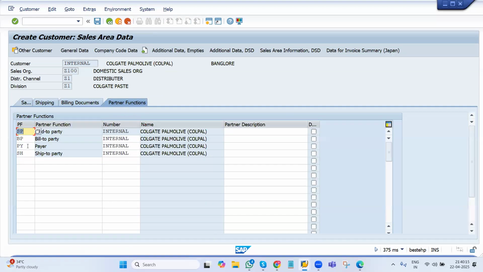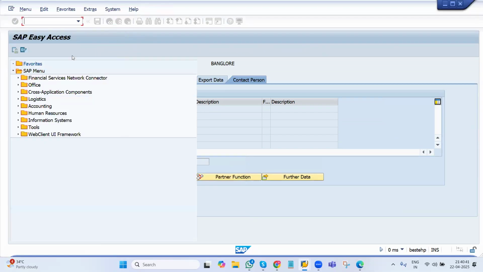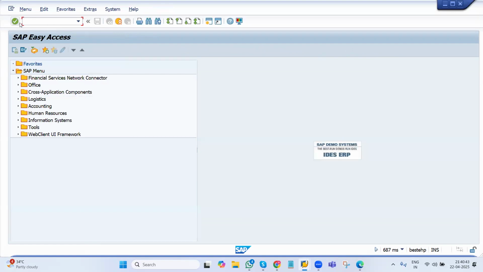Okay, so you can see the partner functions are copied. You can see the first one we can't edit because we have maintained it, so it should be display only. The remaining all we can edit. Okay, like this. These are all the mandatory fields. You can save. The number will be proposed. 501 is already there. Okay, so 501 is already used by someone. Okay, so like this you need to create the customers. Okay, so tomorrow we'll